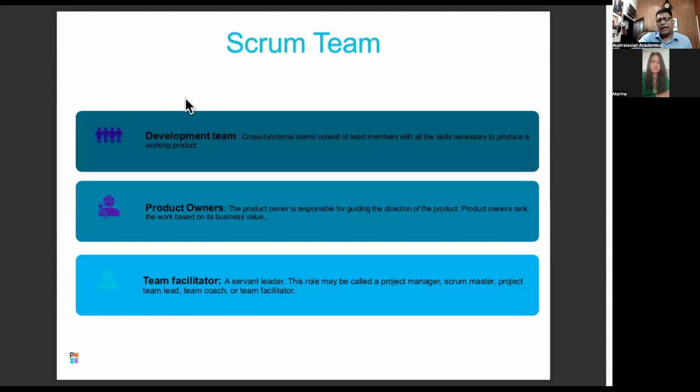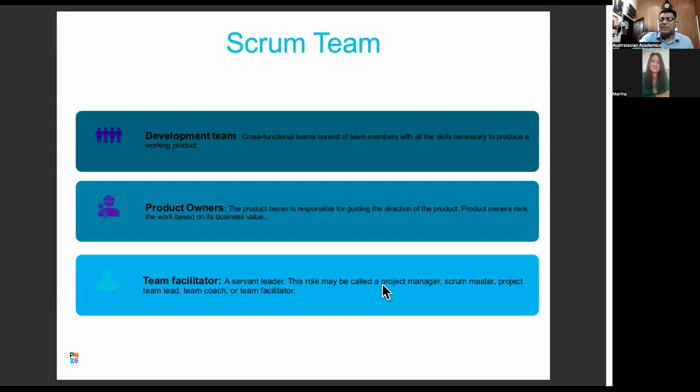Then again, the Scrum team is similar to an Agile team. You've got a development team, product owner, and a team facilitator. This guy is a project manager. So the role is a servant leader. You don't have any power to make decisions in Agile, so you're basically a facilitator. This role may be called a project manager.